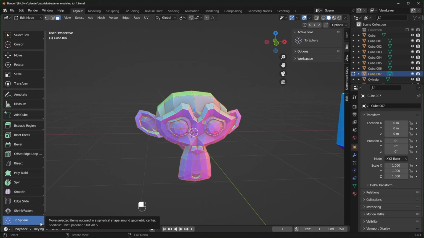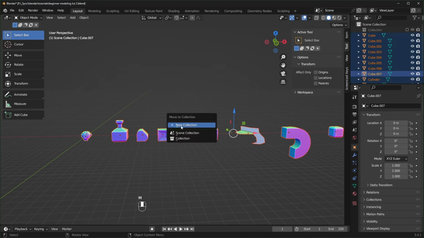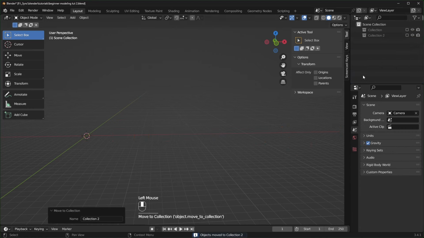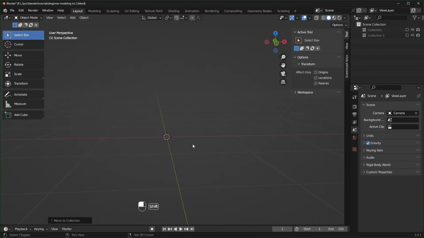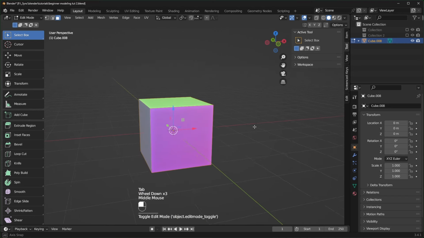And like I said before, the shortcut for this is Shift Alt S, so we can try that, and it works just the same. So I'm gonna hit A to select everything, and then M to move to a collection, and you can choose this new collection option, give it whatever name you want, and click OK. And then we can just click this checkbox and all of them will be hidden. Then I'll add in a cube with Shift A, tab into edit mode, and let's talk more about extruding